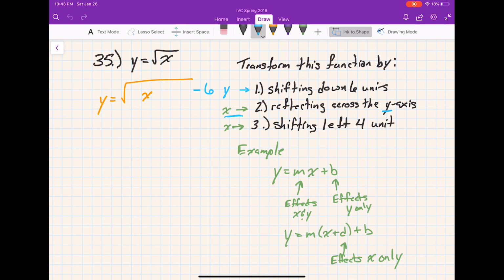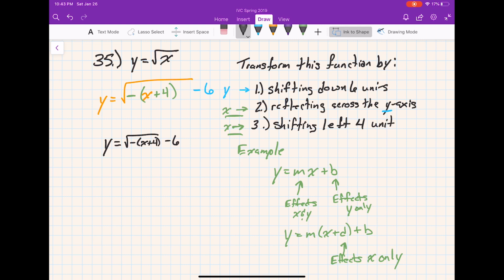And I can see here, oops, get my green color, this is affecting the x. So to do that, I just change its sign. I'll put a negative out here, and this is shifting left 4 units, so I'll put plus 4 and make that the quantity of. So I end up with, look at that triangle for a y, y equals the square root of negative times the quantity x plus 4